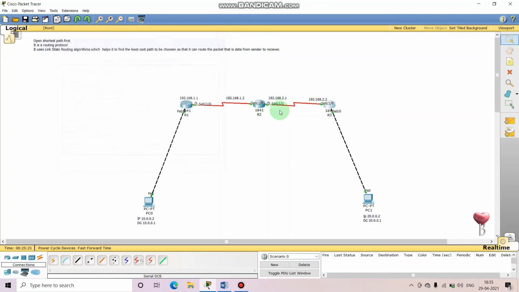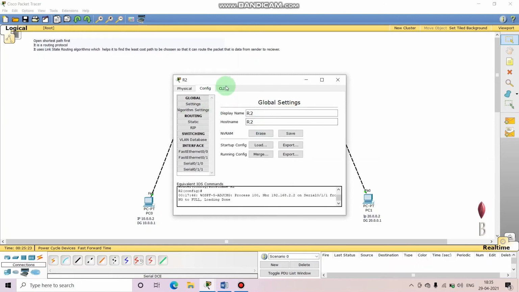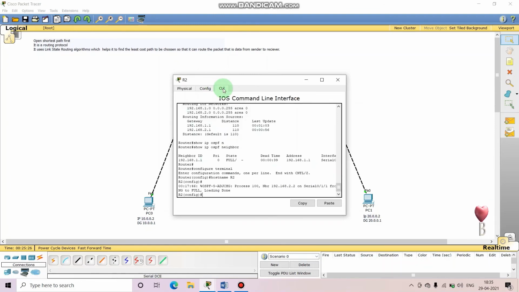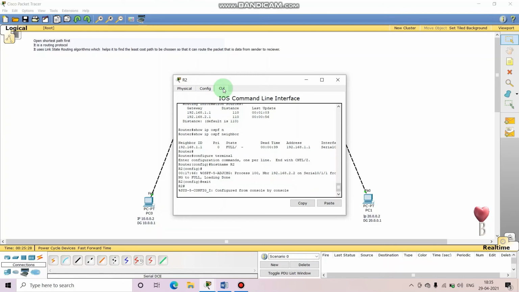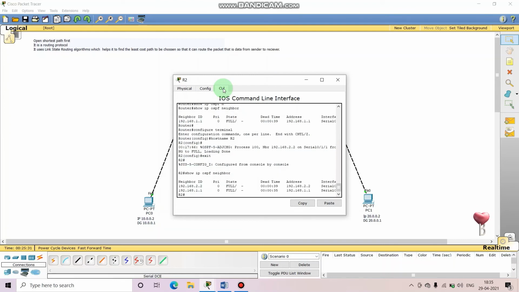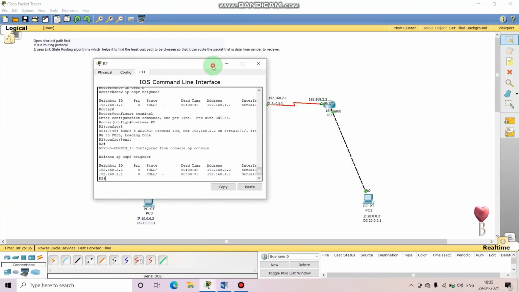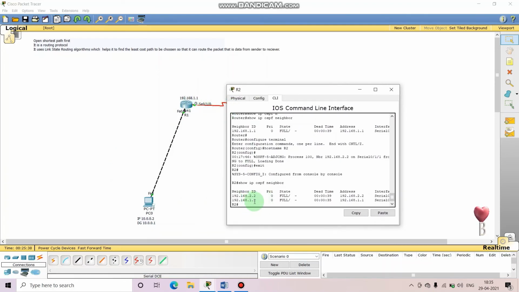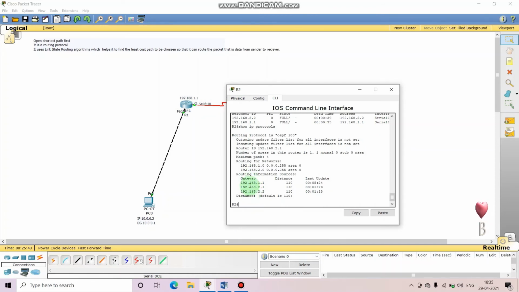Okay, so let's close it and open this. See, now two neighbors it is showing. First is of this side, other one is for this side. Then you can perform show IP protocols. See, gateway, distance, last update, everything it will show. Routing for networks, area, path.